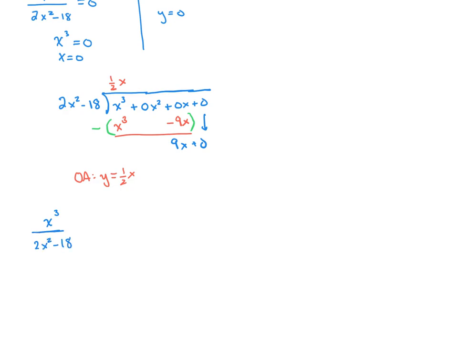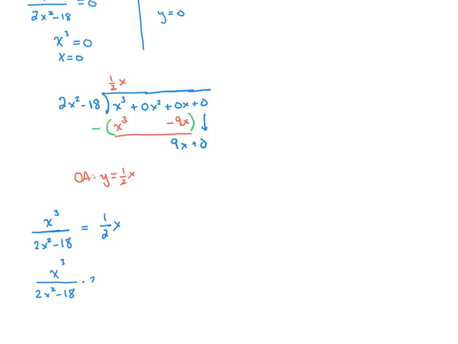And we're going to set that to our oblique asymptote, 1/2 x. To solve this, we will multiply both sides by our common denominator. So we have 2x squared minus 18, and we have 2. That's easy enough. There are maybe other ways to have done this, but this is probably going to be the easiest to see. X cubed over 2x squared minus 18